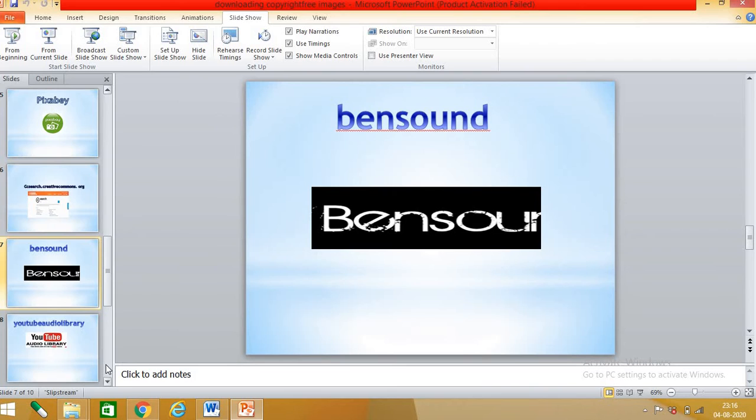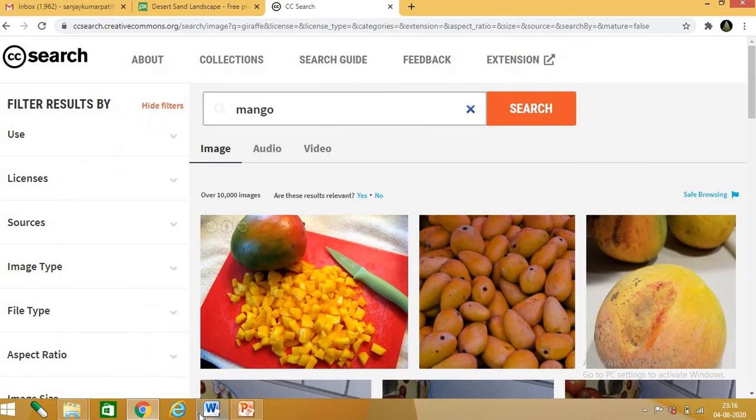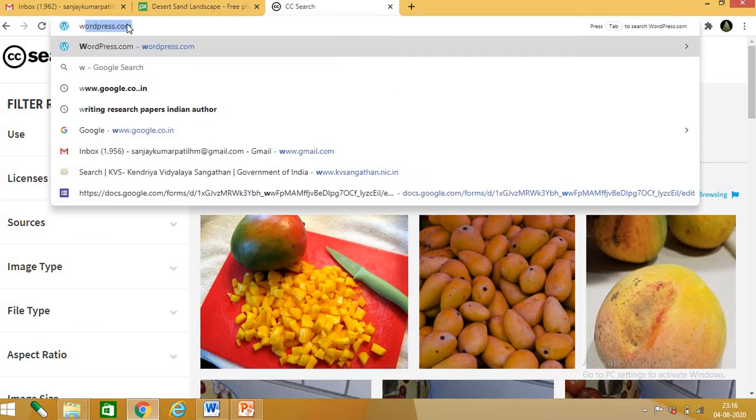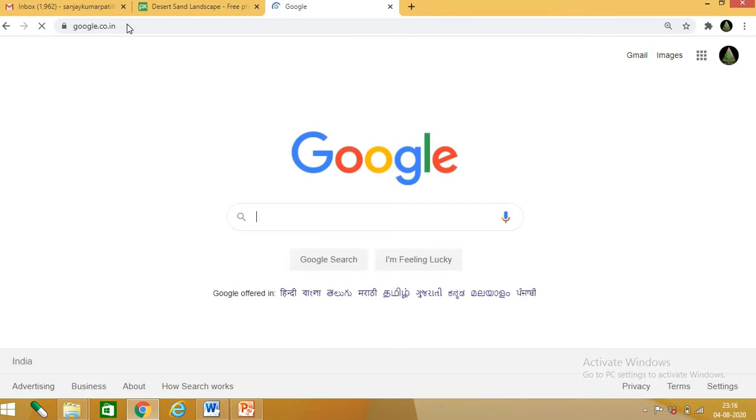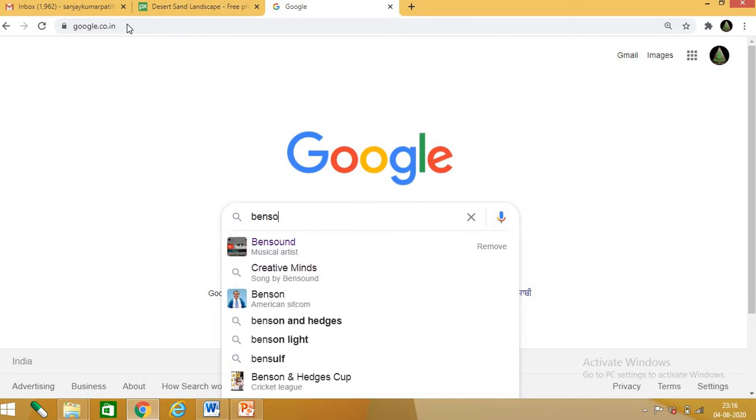The next one which is free is Bensound. Now from this you can download hundreds of sounds. Now for this also go to your Google search and go for the website Bensound.